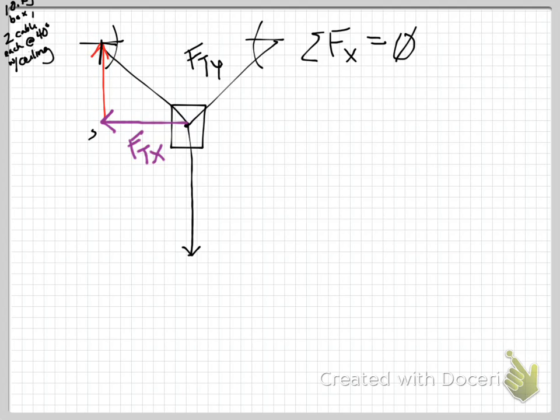Okay, so we were told that this was 40. This angle will also be 40. If you move the vectors, you can do it either way. I have a pea brain, and I try to avoid any opportunity for myself to make a really stupid mistake, like reversing my angles. This would allow you to not have to think about using 60 versus 50 versus 40. So if you're using this angle,